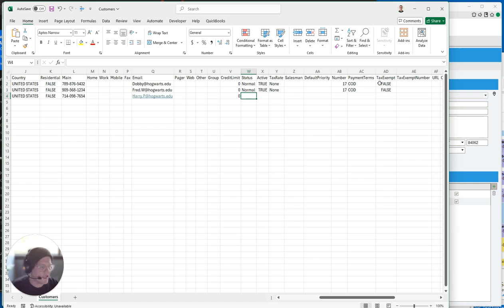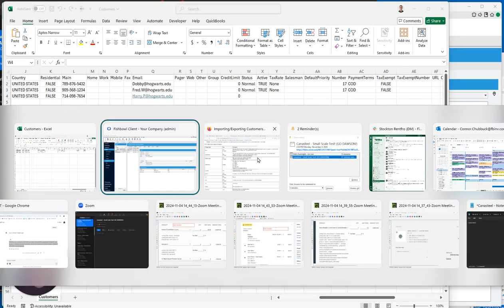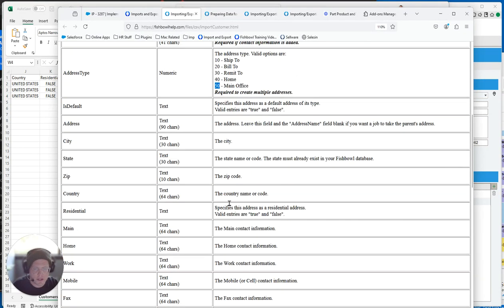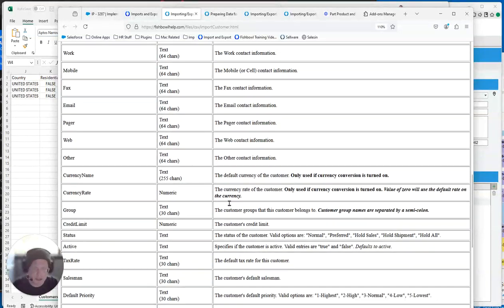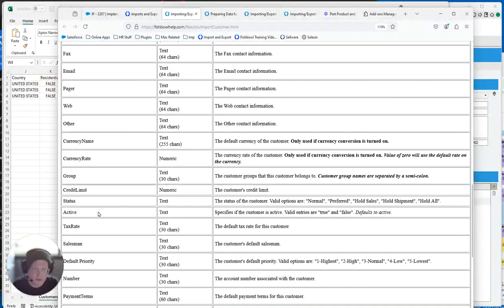Status. This is somewhat useful. It depends on how you run your company. Most people I work with do not use this field, but it can be great. If I go into our status field here, our options are right here. Normal, preferred, hold sales, hold shipment, hold all. So normal is pretty much always what you'll use, but if you want to give somebody preferential treatment, you can